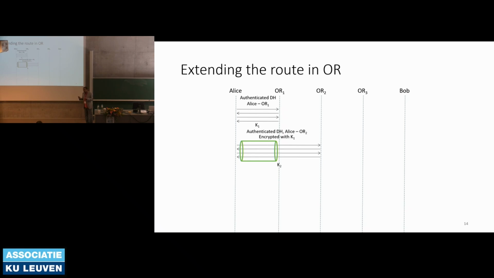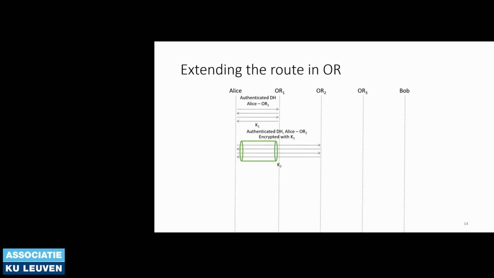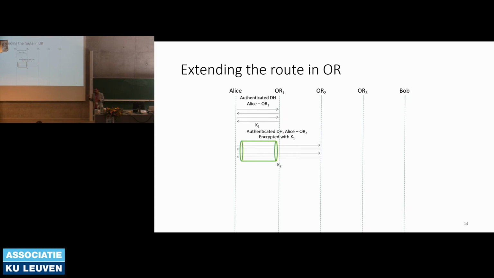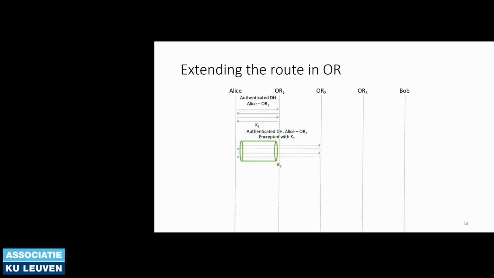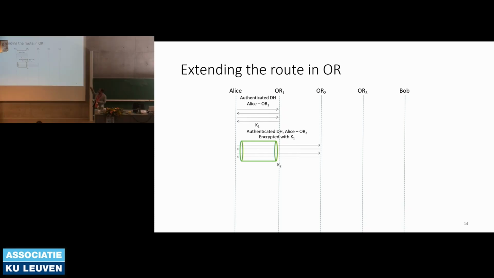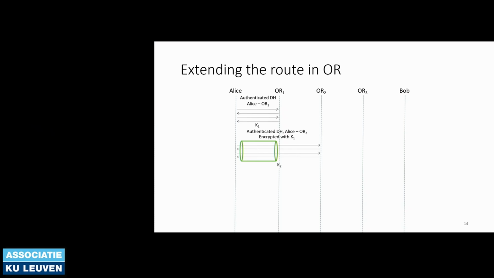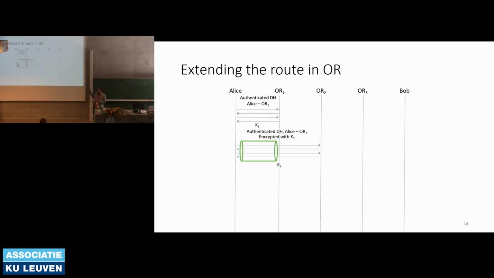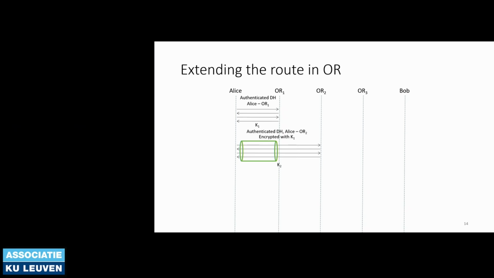The only thing onion router 1 can do is drop the packet. They cannot pretend that they are onion router 2 or someone else. So either they forward the packet or drop the packet. If they forward the packet, that means Alice can do another Diffie-Hellman key agreement with onion router 2 using the existing channel of her with onion router 1. Is there any question here?